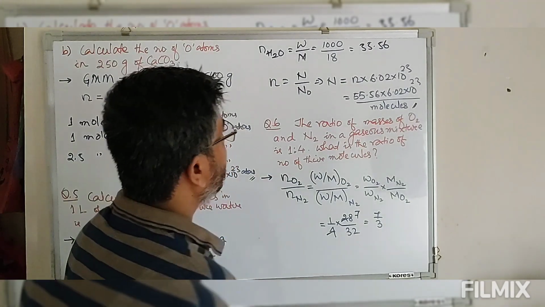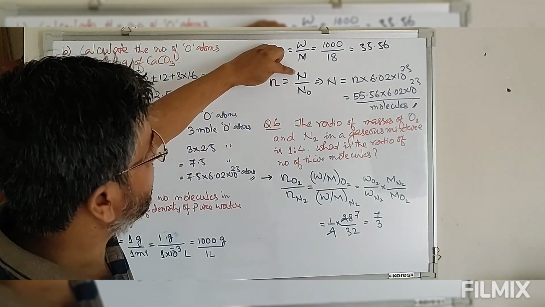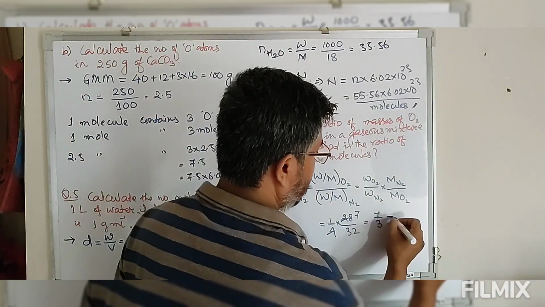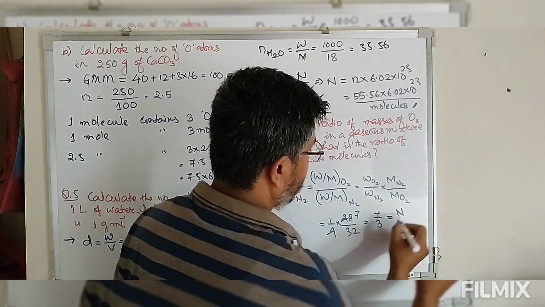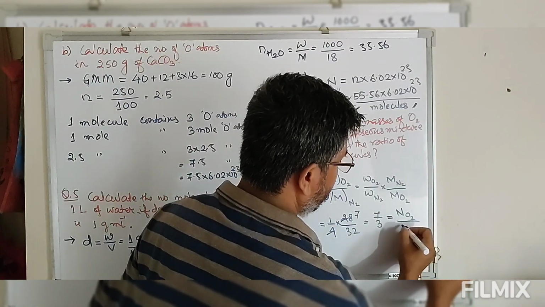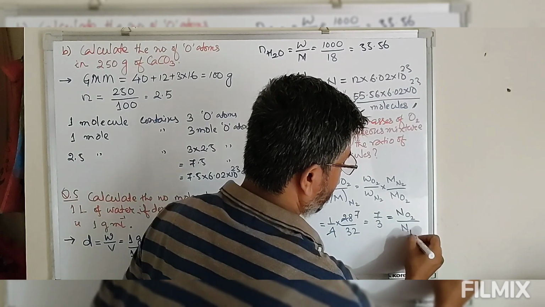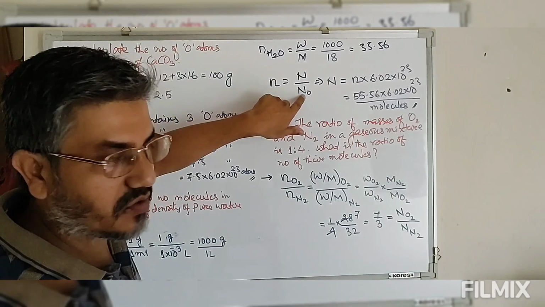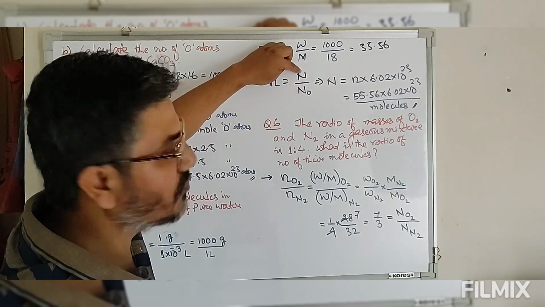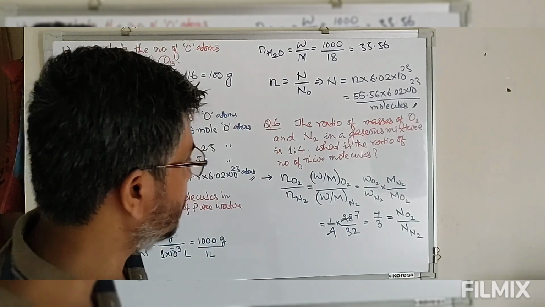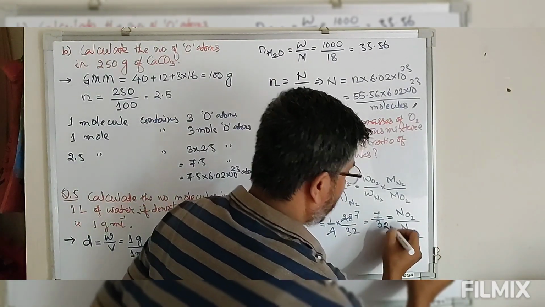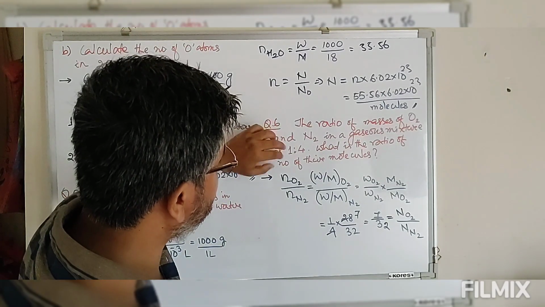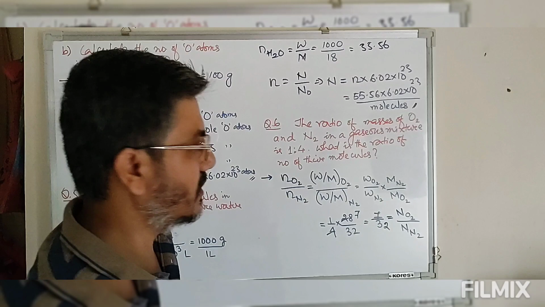Now look at this number of moles. This number of moles we again define in terms of number of particles divided by Avogadro number. So this equals number of particles of oxygen divided by number of particles of nitrogen, because in the mole ratio the Avogadro number is a constant and will cancel out. So we are left with the number of molecules ratio. So the number of molecules of oxygen to that of nitrogen, in which the mass ratio is 1:4, is 7:32.